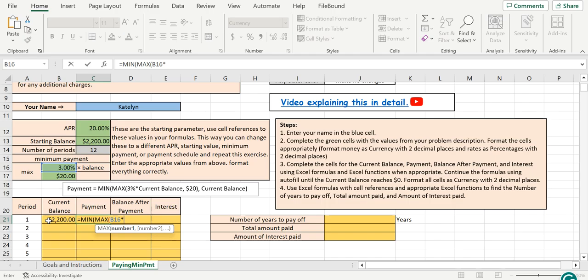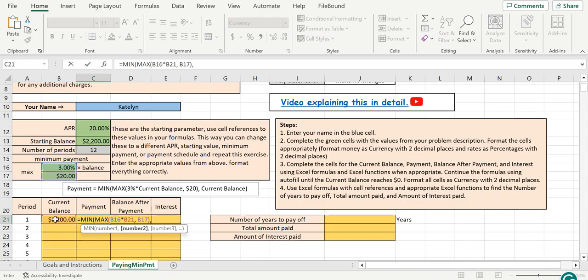So I'm cell referencing that 2200 in that gold cell, and then I need a comma, and then I'm going to cell reference the fixed minimum. Mine's $20. Make sure you use the value from your problem. It should be sitting down here in that last green cell. So your minimum payment amount, so mine's 20, so I'm going to cell reference that 20, close the parentheses,